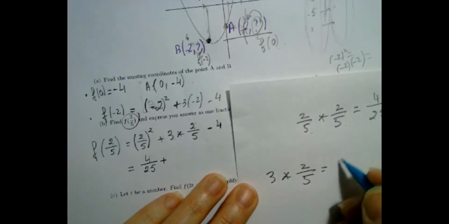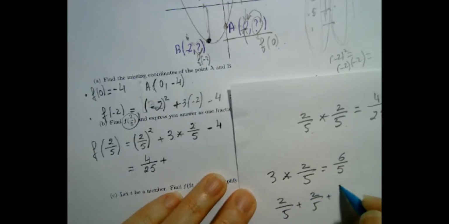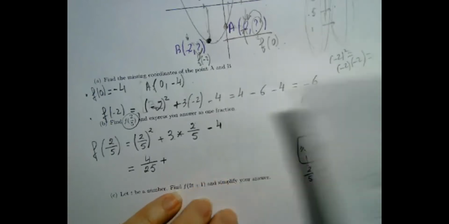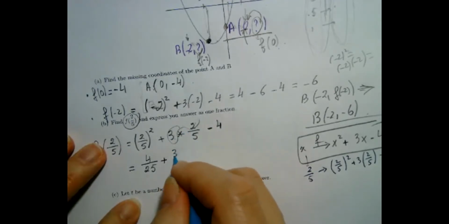6/5. It's 2/5. If you ever forget, it's 2/5 plus 2/5 plus 2/5. That's really what 3 times it is. It's how many fifths? It means I have 6 of them. Or you multiply 3 times 2. So I'm going to do that. It's 3 times 2 over 5